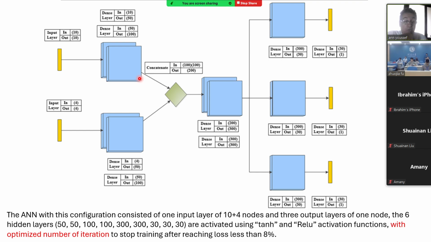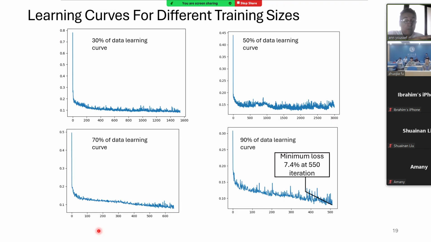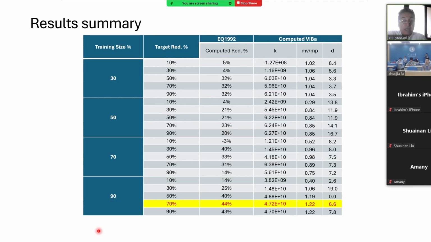We improved our neural network a bit to have an optimized number of iterations. We put it inside an automatic optimizer, and we were able to minimize the error more in the learning curve, and reach 44% reduction. For training, we used 2 or 3 earthquakes, I can't remember. One of them is generated from the response spectrum of the Egyptian Code of Practice, and our testing was mainly on the earthquake record obtained in